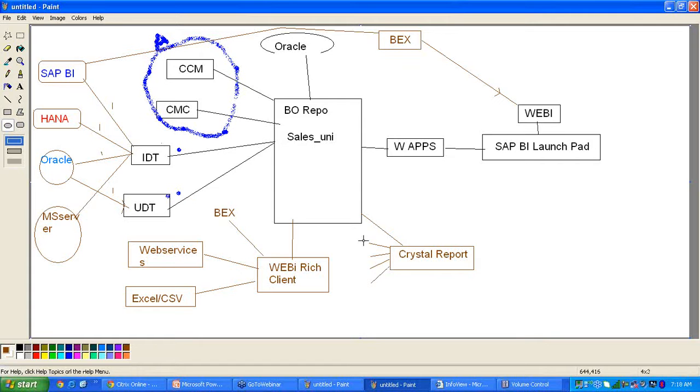You can also directly connect to any of the source systems from here by using the ODBC connection. So Crystal reports can connect to the OLTP system, can connect to the direct databases, and we can access the tables, create variables in the Crystal reports, and generate them. If you save these Crystal reports in the repository, you can view them through the BA Launchpad. So once you have created the reports and saved them into the repository, we can view them through the BA Launchpad. That is about the Crystal reports.